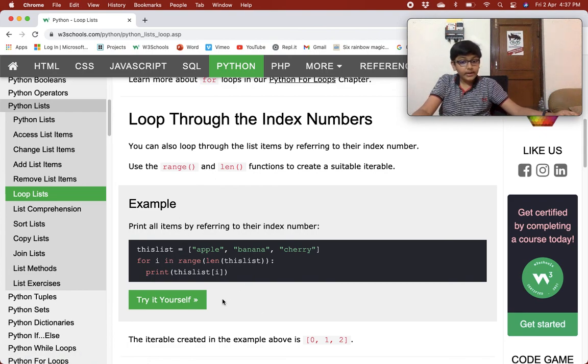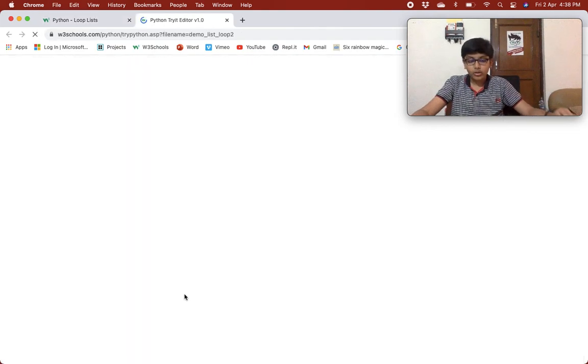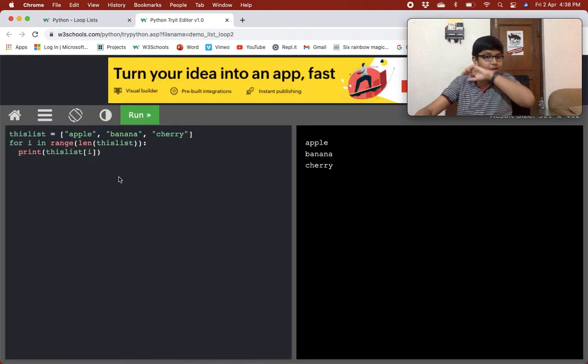So it is creating 0 to 2, including 2. Here, this statement is equal to 0, 1, 2.